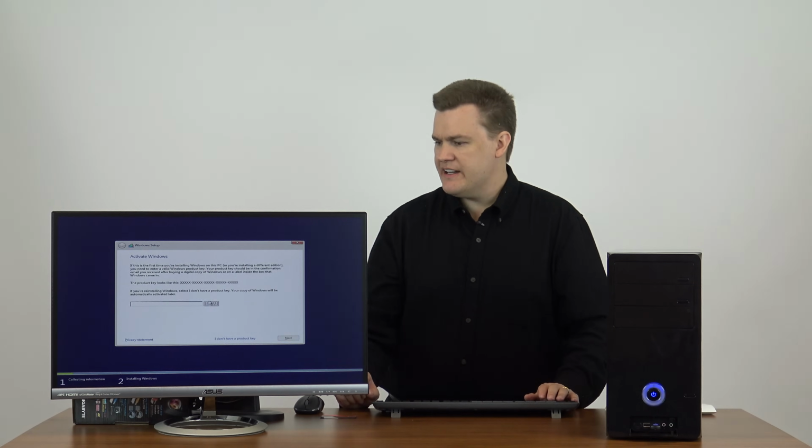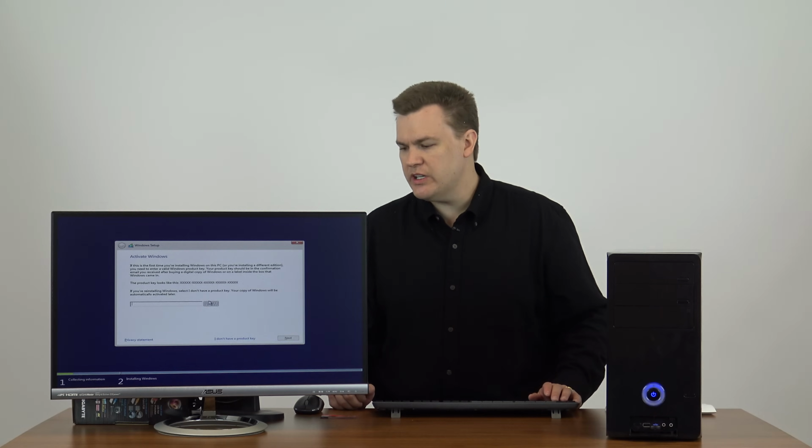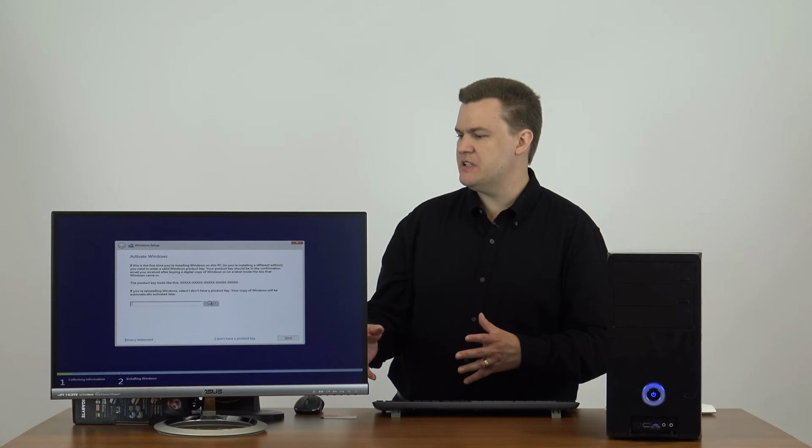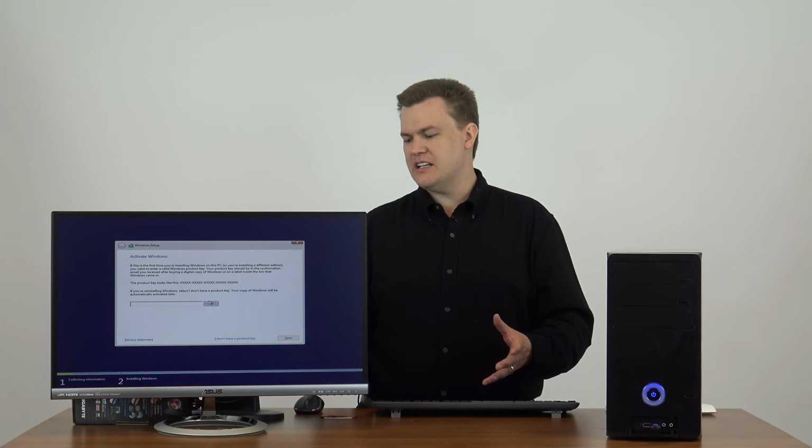Now it says setup. Now it comes up and says activate Windows. The product key looks like this. If this is the first time you're installing Windows on this PC, you need to enter a valid Windows key. Now,